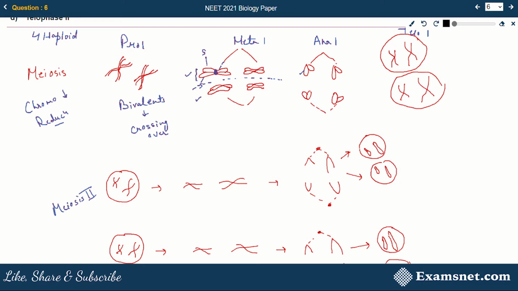Here you can see at metaphase 2, what is happening? The difference between metaphase 1 and metaphase 2 is that here a single plate is formed at the equatorial plate. In metaphase 1, two plates were formed. Now in anaphase 2, the sister chromatids get segregated and the centromere is divided. So the correct option will be anaphase 2. What happens during telophase 2? It is the last stage when the chromatids reach the opposite poles and start uncoiling. So this was the explanation for this question.